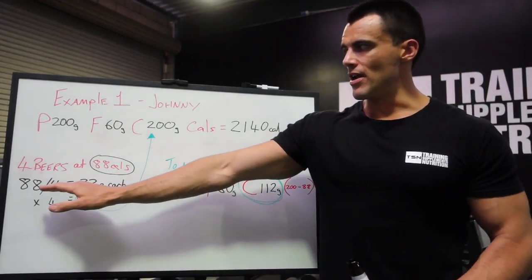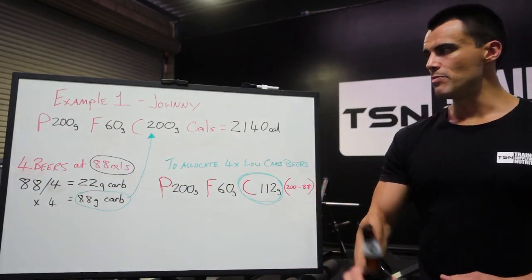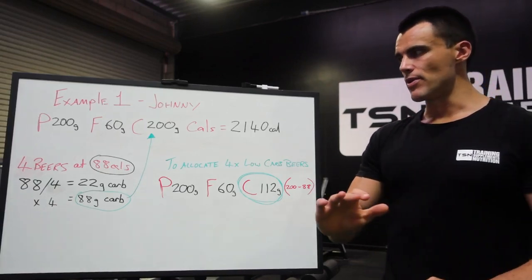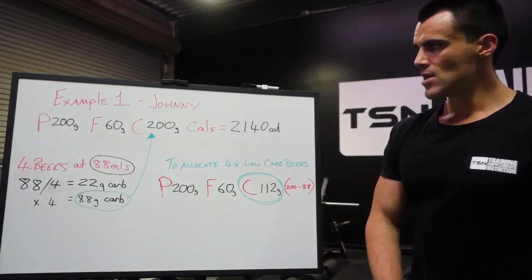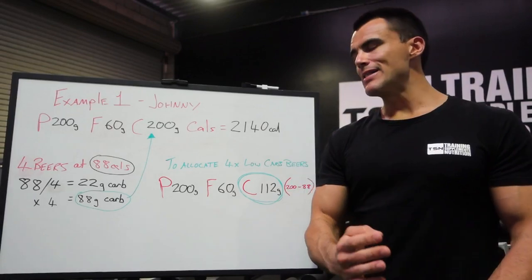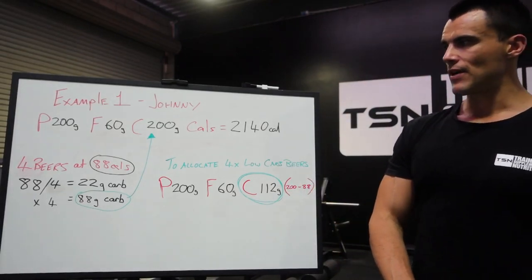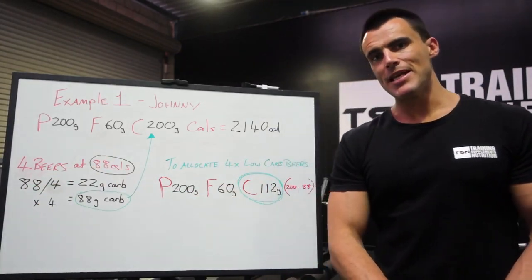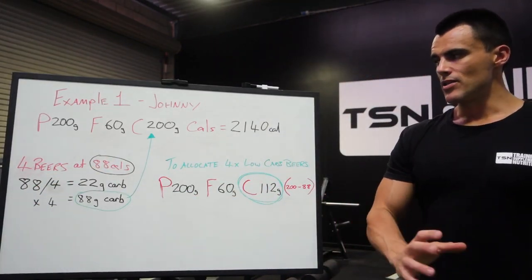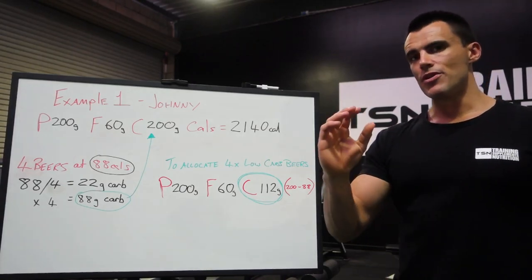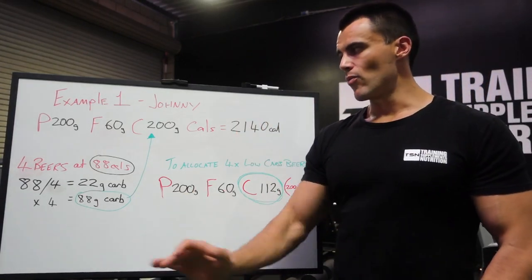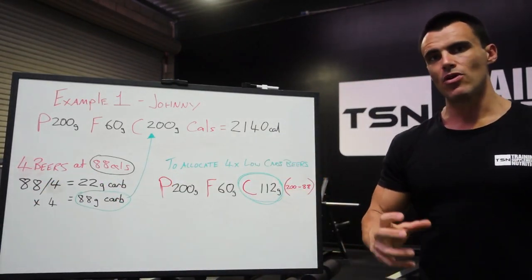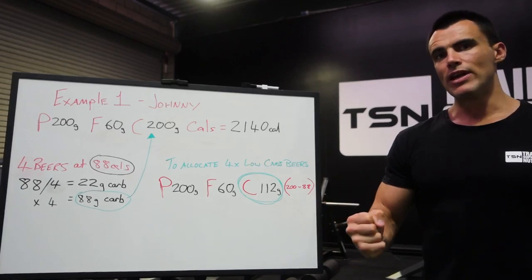Now, Johnny on a Friday night wants 4 of these beers, which we all know now are 88 calories. We're going to disregard the actual nutritional panel. We know there are 4 calories in 1 gram of carbohydrate. So for that 1 beer, we're going to figure out how many carbs are in it. As I said before, with any beverage, find out what the total calories are and then work from there. So 88 divided by 4 gets us 22 grams of carbohydrates